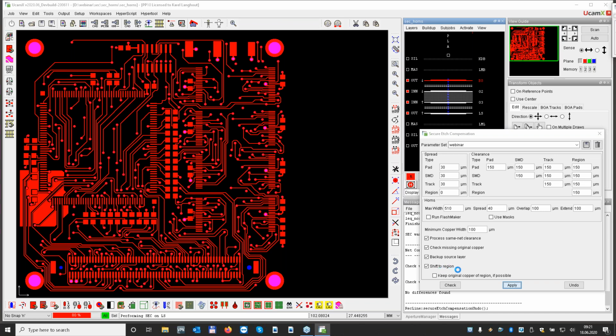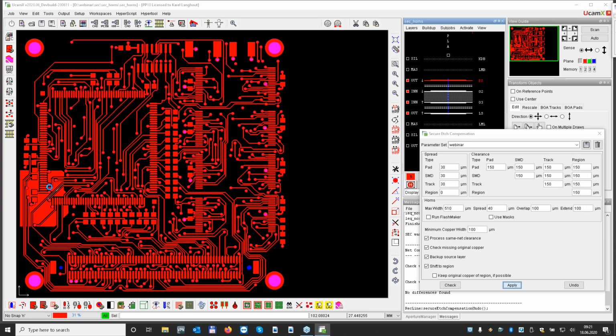Well, this shift to region, you see already a region here on the left side, a little copper pour. And normally this copper is not that important because it's just a plane, and people just throw a bunch of copper between the tracks and the pads, and nobody is thinking that you need to do your edge compensation.